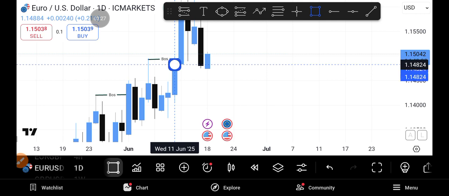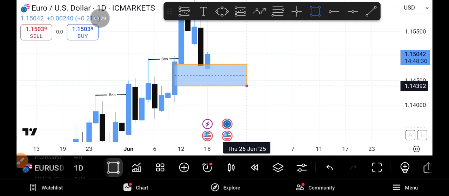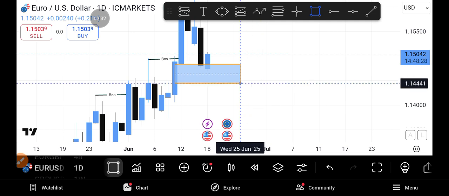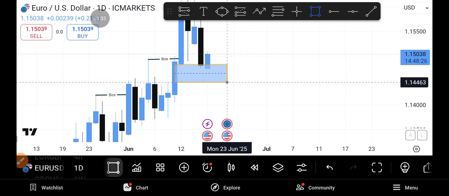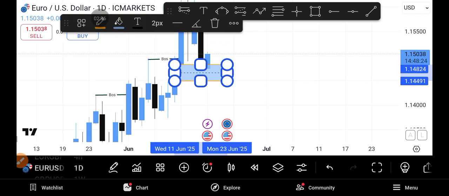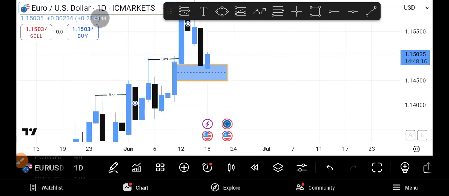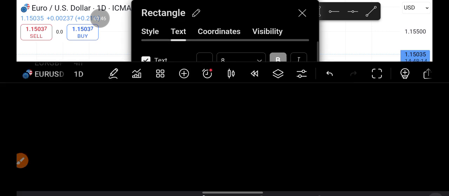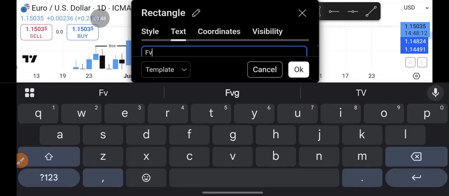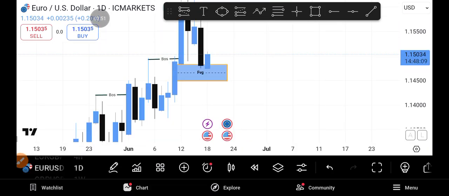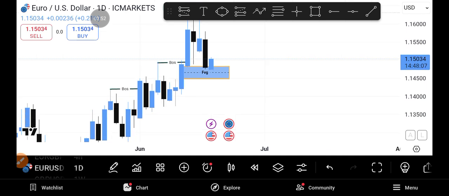This is a fair value gap. Note, guys, a fair value gap, FVG. Let me change the color. Fair value gap, FVG. Now, if you watch very well,